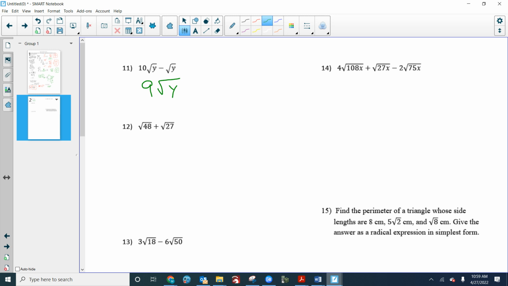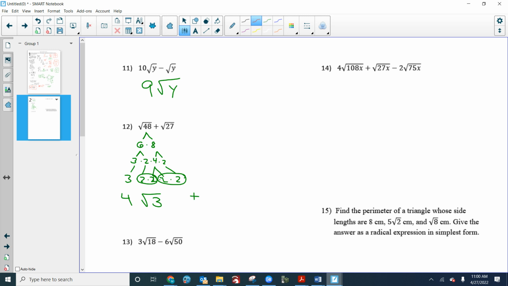All right, let's break these up. 48 is what? 6 times 8. Yeah, we could do 6 times 8. Keep going. 3 times 2, 4 times 2. 3 times 2 times 2 times 2 times 2. Right? Make sure you keep them all organized. And then a pair of 2's, 2 comes out. Pair of 2's, 2 comes out. That's 4 radical 3 plus